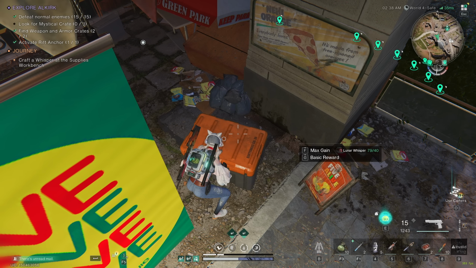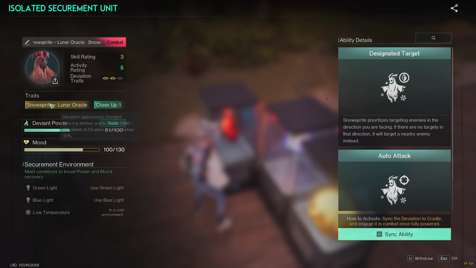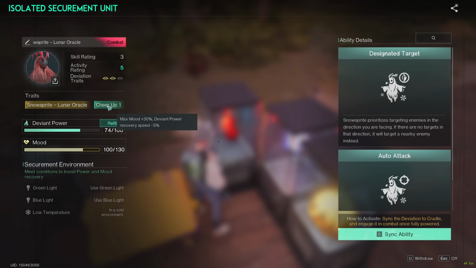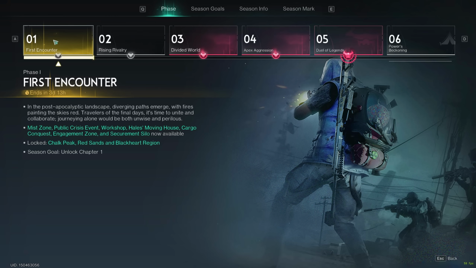Out of all of these new lunar type deviations, Lone Wolf seems to be the best if you're running a physical damage build. Of course, you can also get a Snow Sprite, which when you sink it in, you get status damage 5%. Combine that with a Psychic Kid trait, you will get another extra status damage 5%, which is actually insane. The best part is that you can get level 5s straight away in phase 1. As you can see, my server is in phase 1,